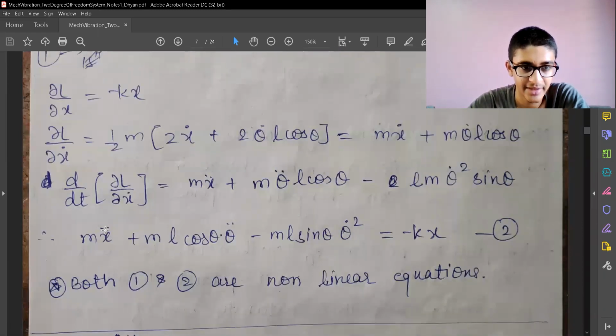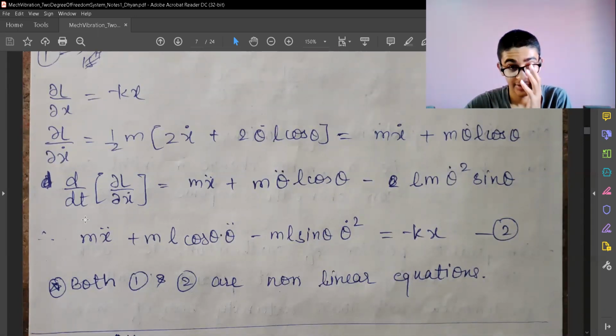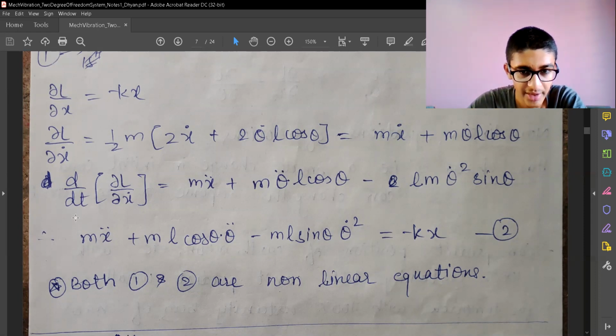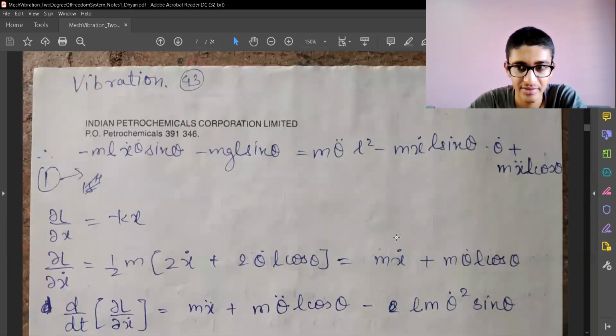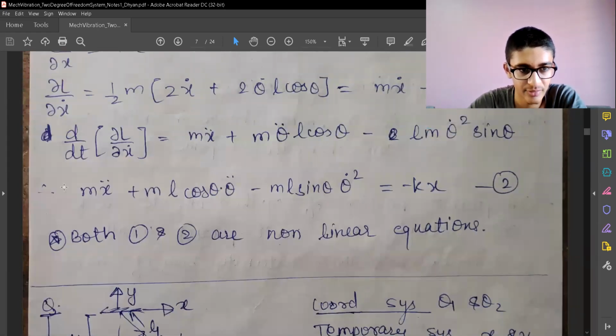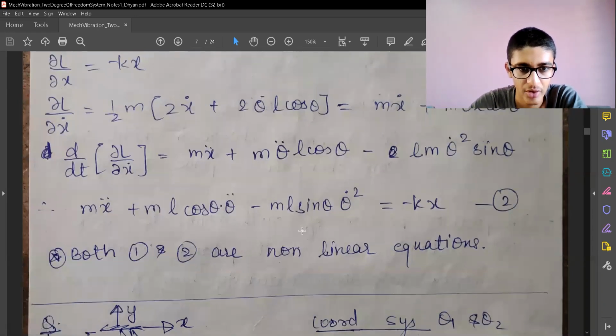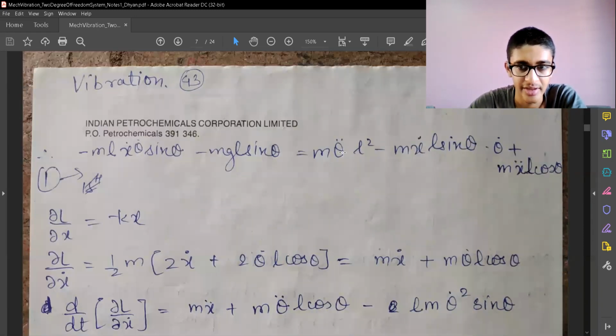And the final thing is to combine those equations and we can get the equation of motion. So we have one mass only and we have got the equation of motion. This is one of the equations of motion, that is the first degree of motion. This is another degree of motion equation. So that's all. And both equations are non-linear because over here we have theta dot square. Here also we have x dot into theta dot. So this makes them non-linear.